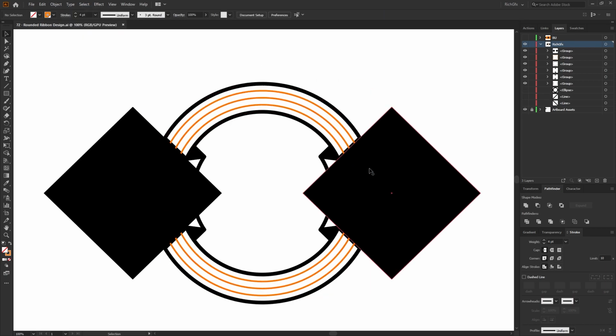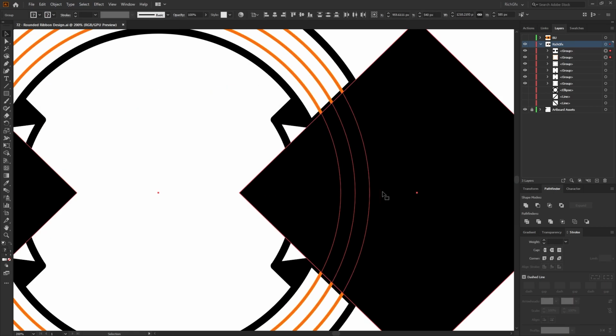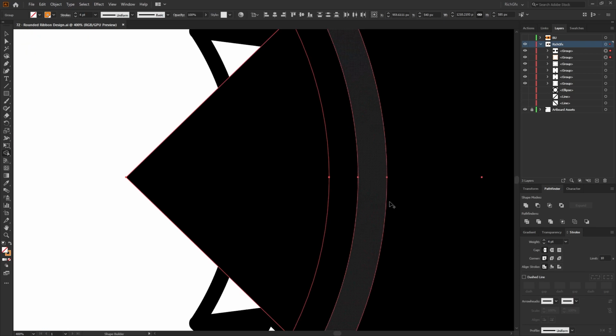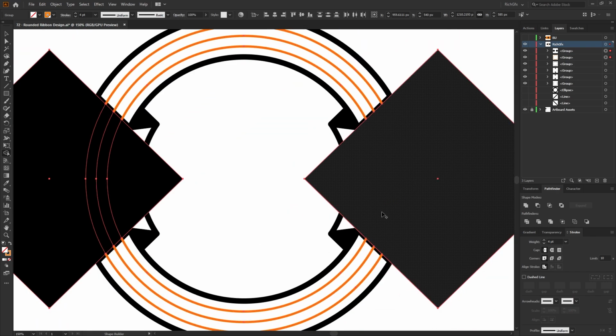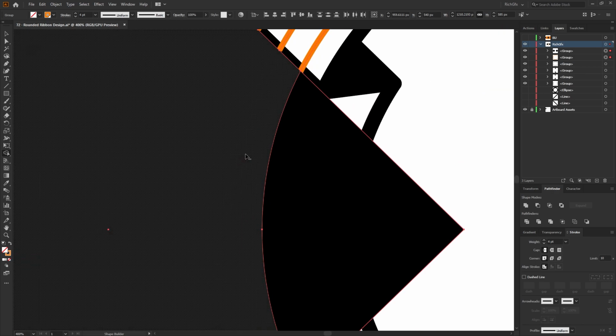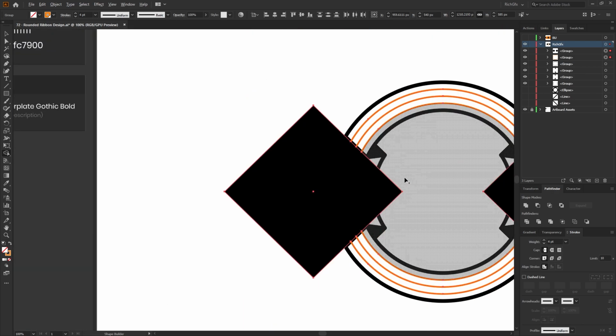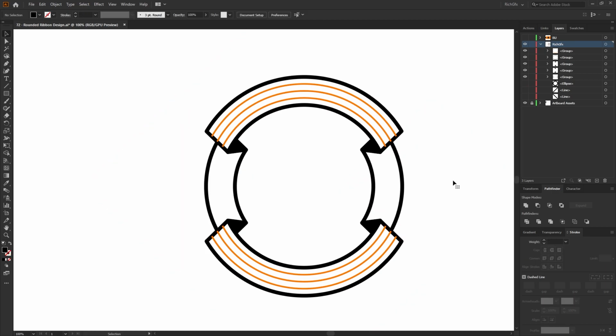Once you've grouped the ellipses, select the ellipse group, hold down the Shift key and then select the black squares. Zoom in, press Shift M on the keyboard for the shape builder tool, and then what we want to do is hold down the Alt key and click the 3 stroke paths. And what this will do is remove them from within the square area. Once you've done one side, move to the opposite side and repeat the same process. Once you remove the strokes, select the squares and then you can hit the delete key and remove those because